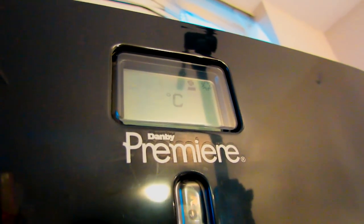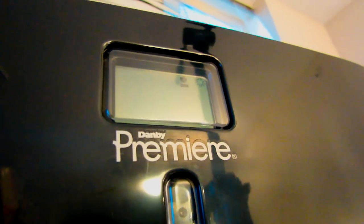So this AC has two timer modes, one for how long it stays on and one for how long it waits before it turns on. If you hit the timer button, it goes to how long it wants to wait until it comes on. So let's say you're away for 8 hours and you want it to turn on at 7 hours, so 1 hour before you come home. Do that, push the time button again, set the temperature,